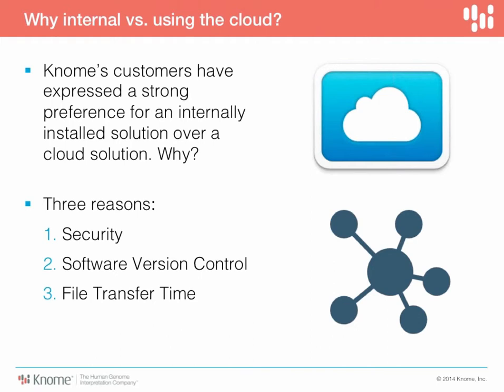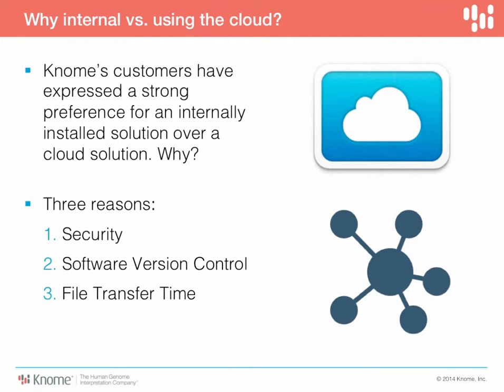Similarly, we were surprised at first with this kind of feedback, but the reasons they gave us are quite clear and understandable. Obviously, at the top of their list is security. These customers are very nervous about the content of the data that would be on the system. For example, a patient name perhaps, their DNA, their variants, various associations that we may have identified. And so these things are important for them to keep in-house behind their firewall. And so this is a major, the primary reason why they insist on an internal solution.